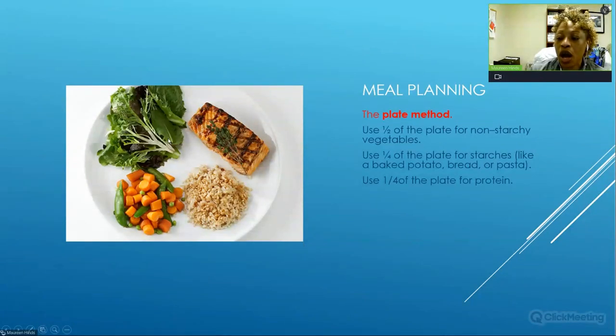So again, try to have your plate filled with green leafy vegetables or whatever vegetable you like. And the other half of your plate is split between your protein and your carbohydrate. So this rice could in fact be maybe half a potato. It could be a quarter size of a plate of pasta. It could be quinoa. So again, just follow this plate method and it will dramatically help you. At least it has helped so many other patients in what's considered portion controlling.